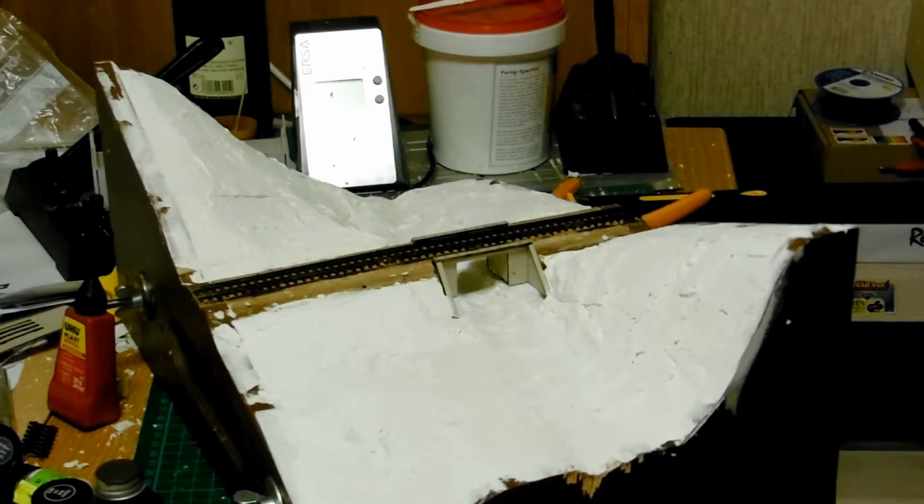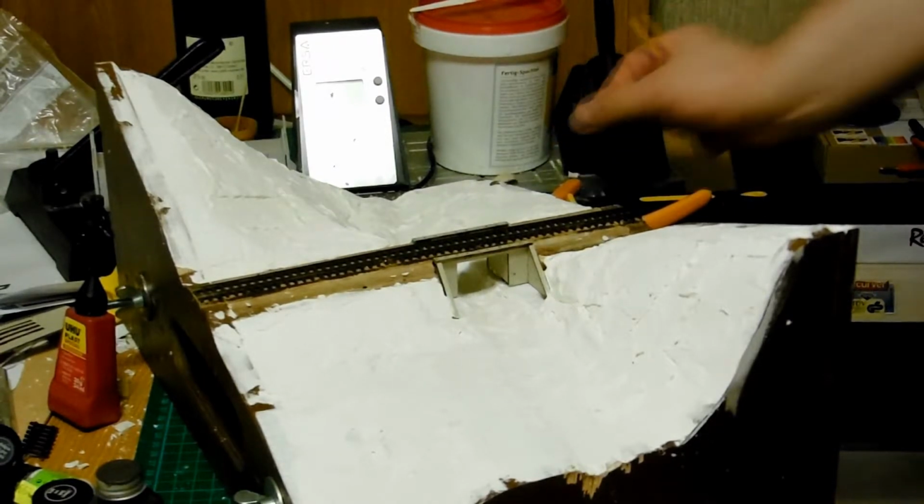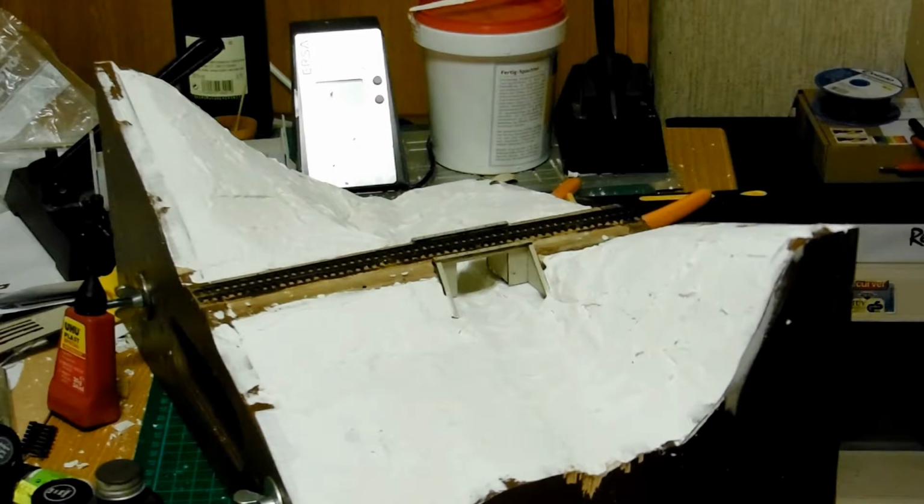Okay, the dark brown from Joe's model train is now dry, and now I apply the brown rust color from the same company on the rails. I know in some model railroad or model railway publications it is said that it's okay that you only apply the color for the rails from one side, because the layout is usually only seen from one side, but with modules